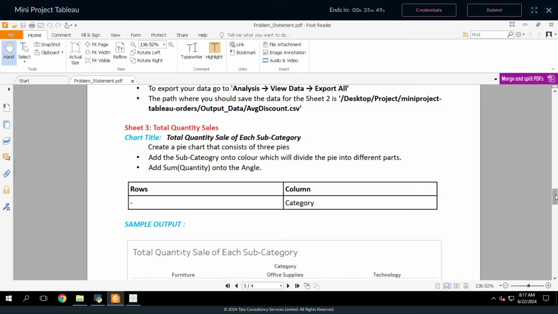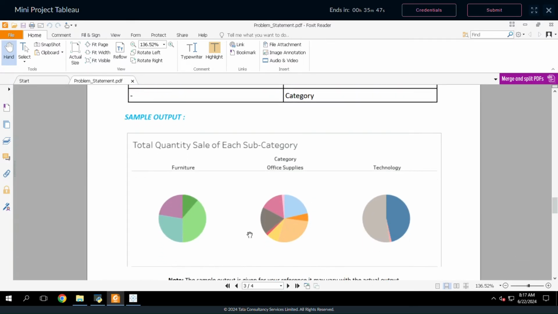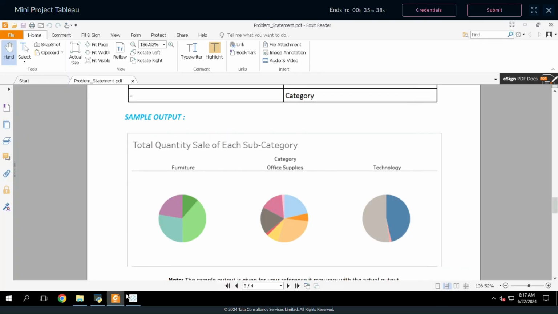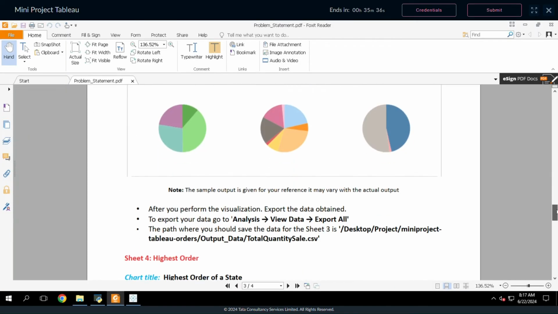So after this we have to just verify with our sample output. So this is our sample output, and currently this is our actual output, which is quite similar. Same thing we are performing. We have to save this particular worksheet. So we are just copying the name of the particular file